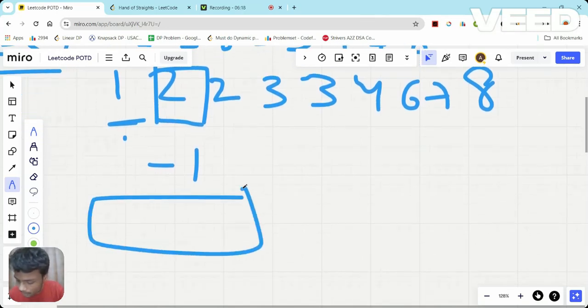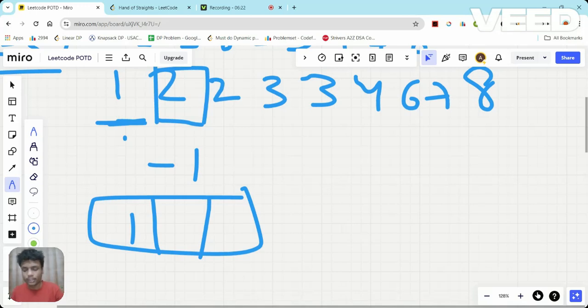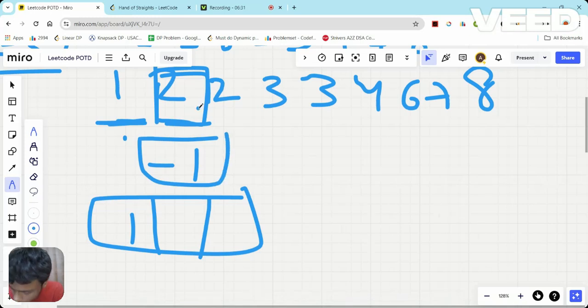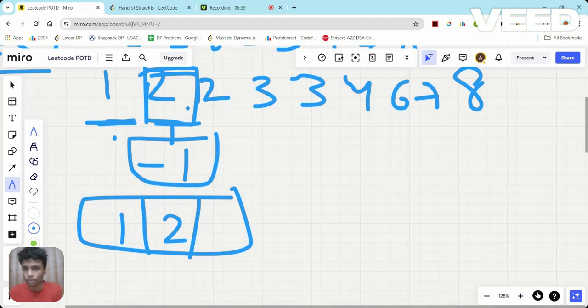Suppose the group formed was something like, I started from 1, I have inserted 1 in my group, right? Now I went to 2 because it is satisfying the condition because it is just greater than the previous one. So now I will change it to -1 in the array, and I will insert it here. It is basically my answer to show you that the group is actually formed.